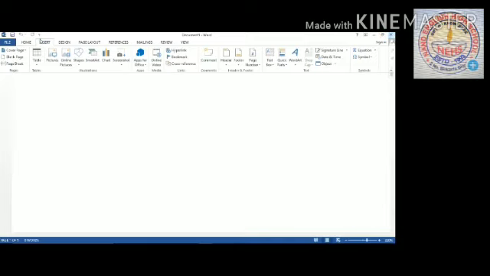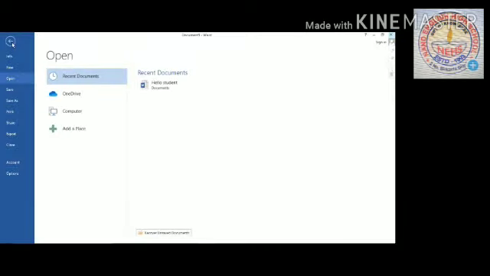Okay, now come to the File tab. The File tab is located on the upper left corner. This is your right side, this is your left side, the left side corner of the MS Word window. Okay, this File tab shows details of the current document and shows different types of list of commands such as info, new, open, save as, print, share and so more.